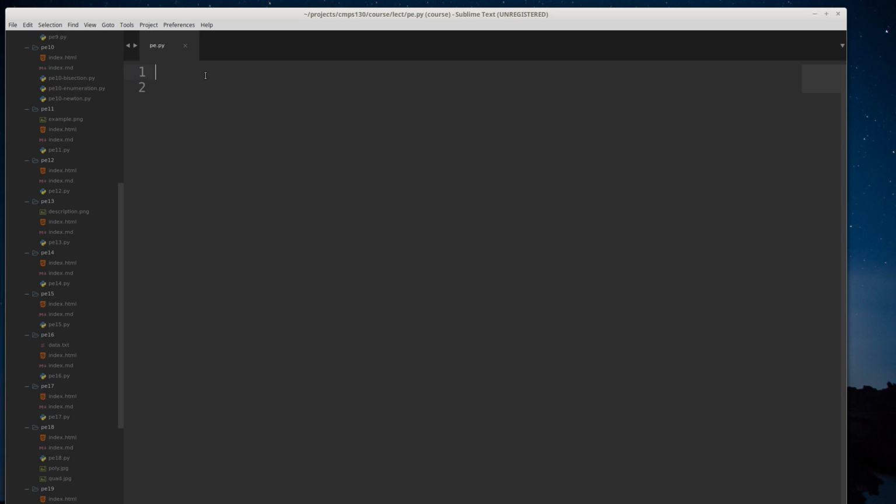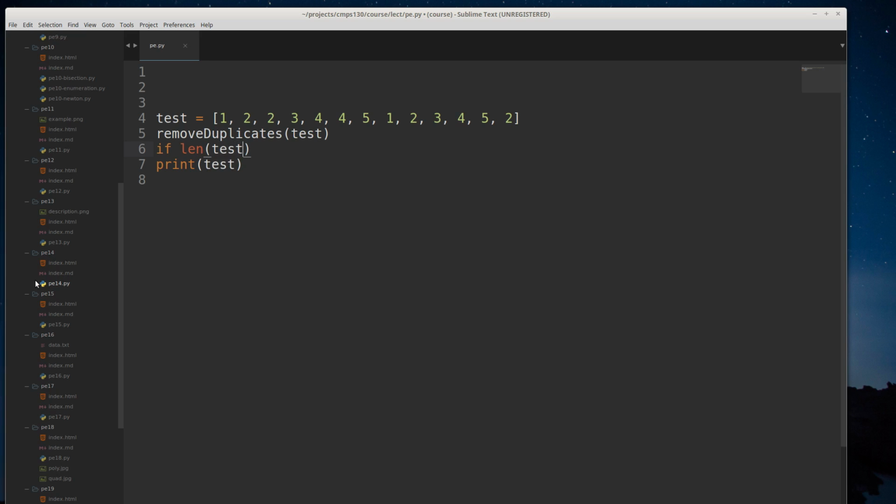So let's start by creating a test series. And I'm going to call remove duplicates on my test. And so let's just print them out. We can also create a test. So I could do, if length of test, and how many unique numbers we've got: 1, 2, 3, 4, 5. That's it. So there's 5 numbers. Not equal to 5,